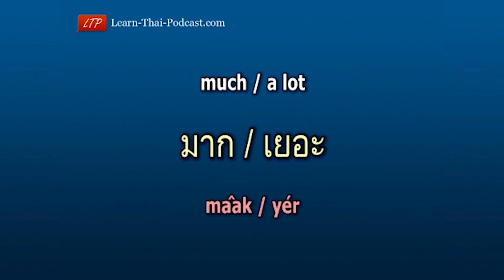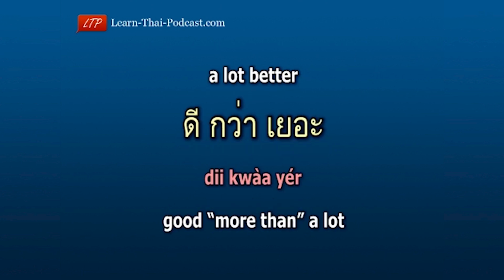If you want to increase the degree of comparison, just use the modifier words มาก or เยอะ that mean much or a lot. So if you want to say a lot better, it is ดีกว่าเยอะ good ดี more than กว่า a lot เยอะ. Good more than a lot. ดีกว่าเยอะ